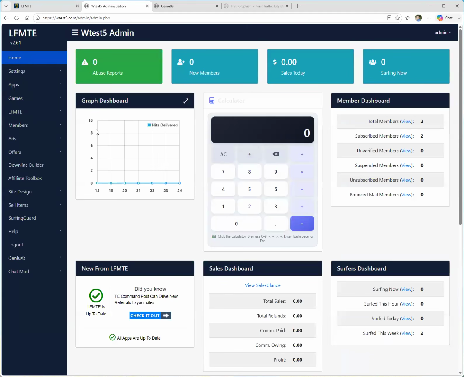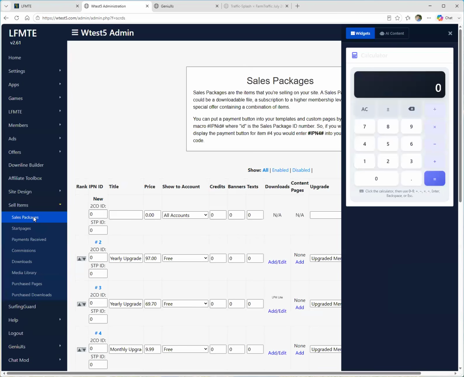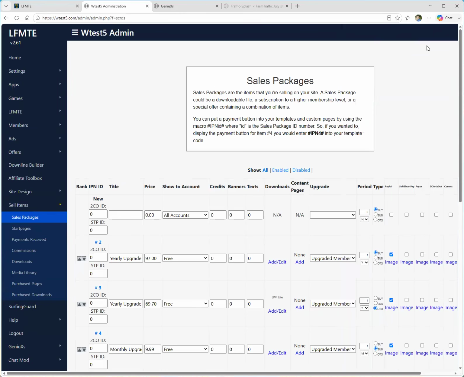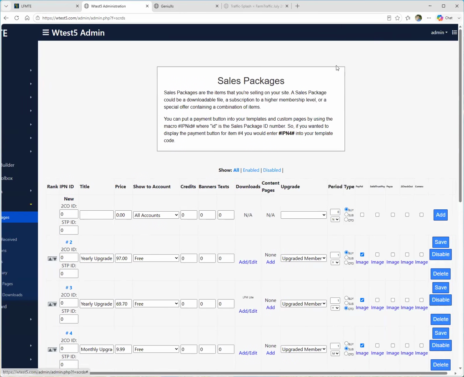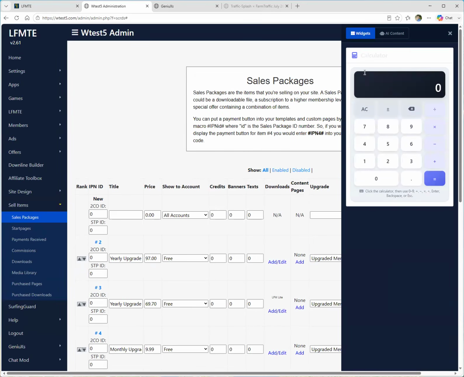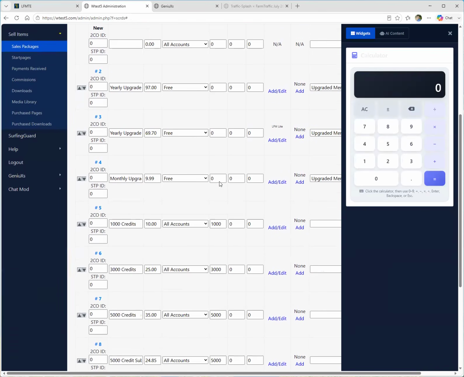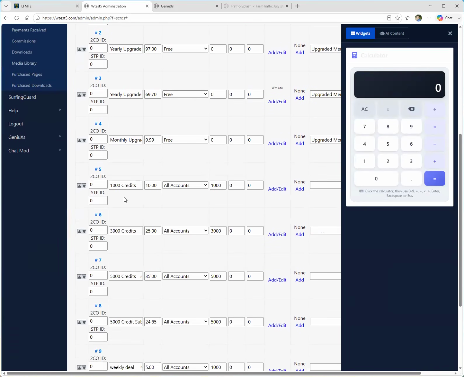And then if I go to any of my other pages, let's say I'm looking at my sales packages and I want to work out some math, I can open this calculator and close it anytime I want. So if I want to go through my numbers and add up, I have 1,000 credits, I'm charging $10 for that. I can just work out the math, if I'm doing 5,000 and I want to charge,